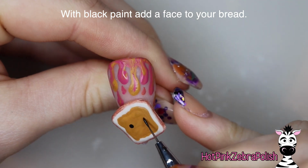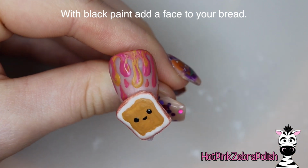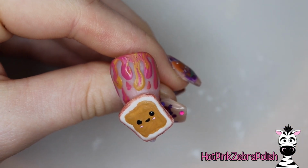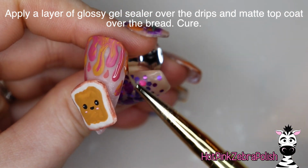And now with black paint, I'm going to be adding the little face to my peanut butter slice. I always love it when classic inanimate objects have a face, especially if it's a little kawaii face. It's so cute. So we've got black eyes, a little mouth, and then two pink cheeks and little white highlights in the eyes. And then I'm going to take some glossy gel sealer and apply that